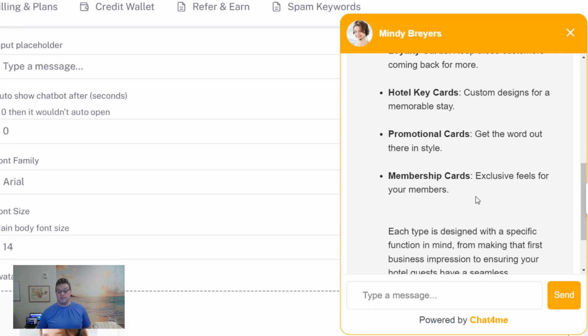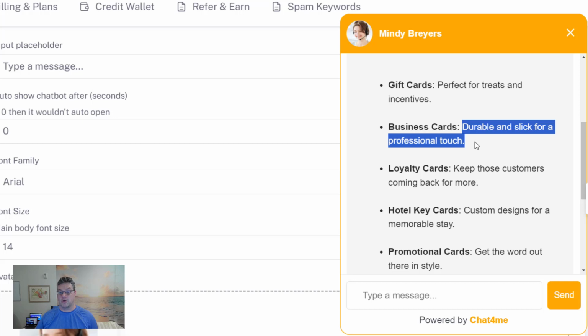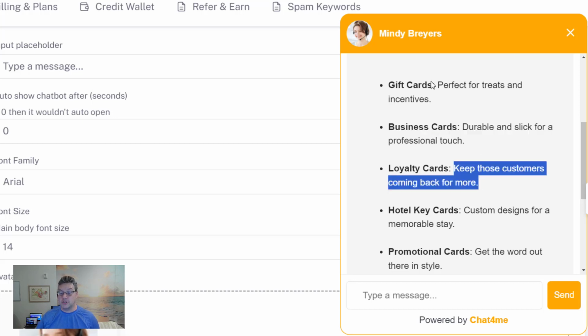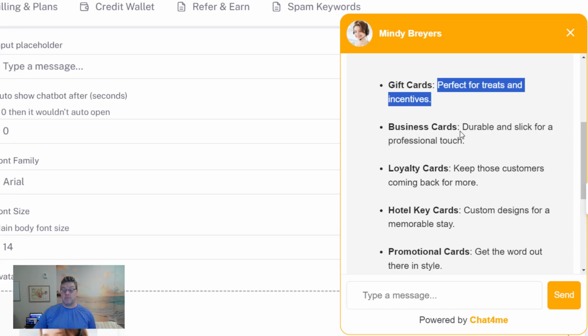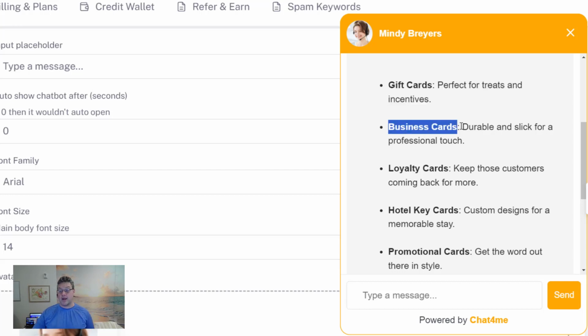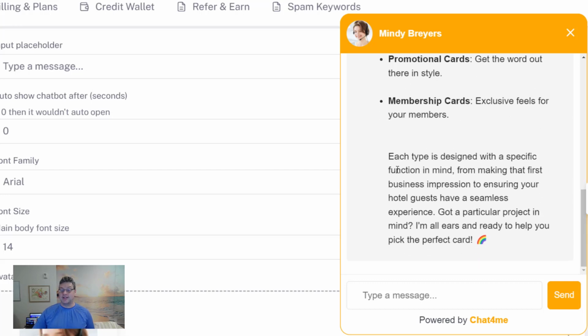Big point to make here. It sees the different kinds of cards, but these are not direct quotes at all. It read each page about each thing and summarized based on what I asked. It read all about that on the URLs and summarized. Okay? Each type is designed with a specific function in mind, from making that first business impression to ensuring your